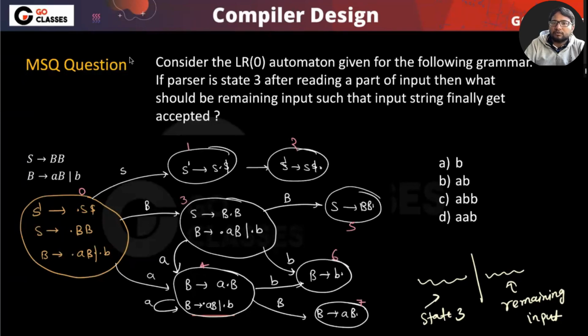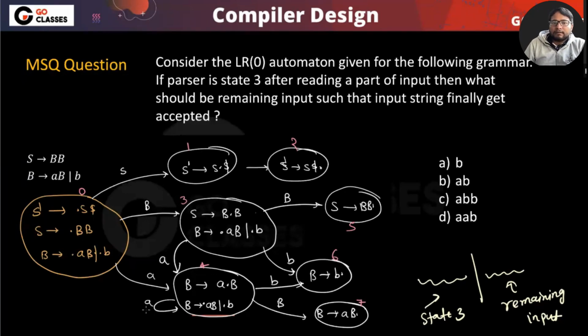Okay. So see, if you are in state 3, first of all, that will be capital B only, right? Because you can easily figure out it should be capital B. Now what should be there? Or even if you do not figure it out, from this state you want to reach the accepted state finally, right? If a small b is coming, you can reduce this to capital B, and then